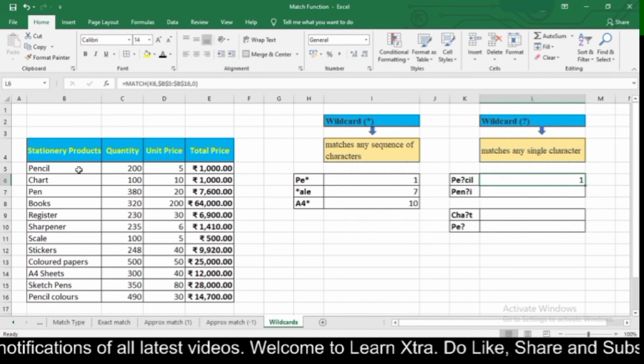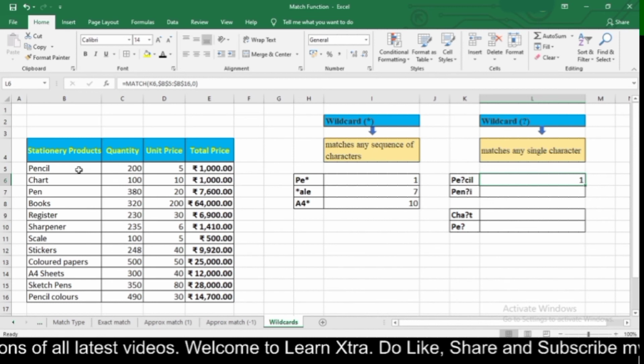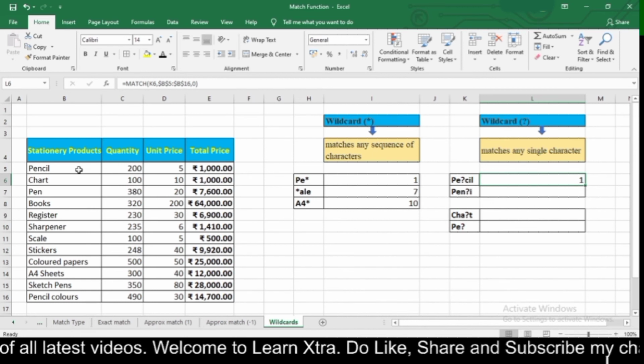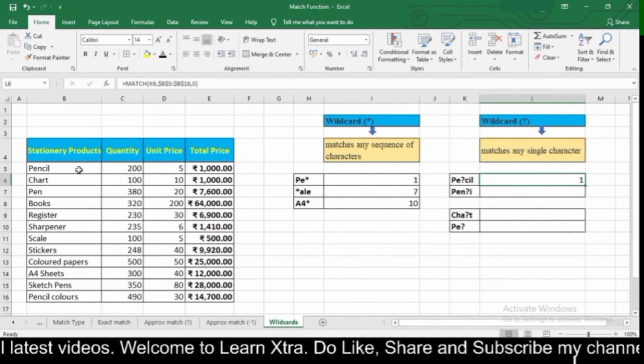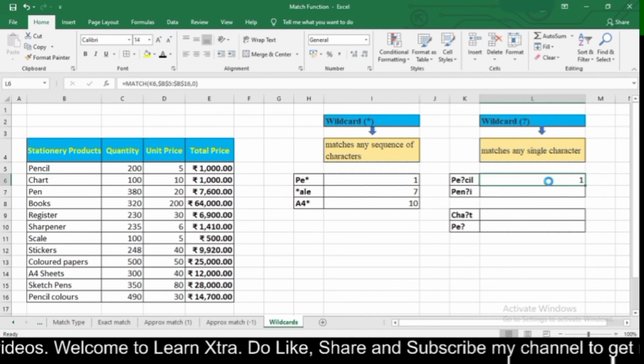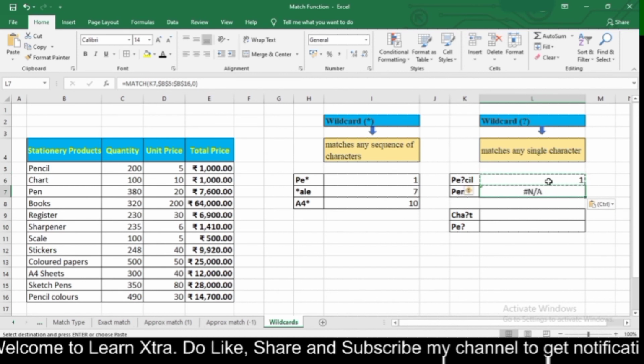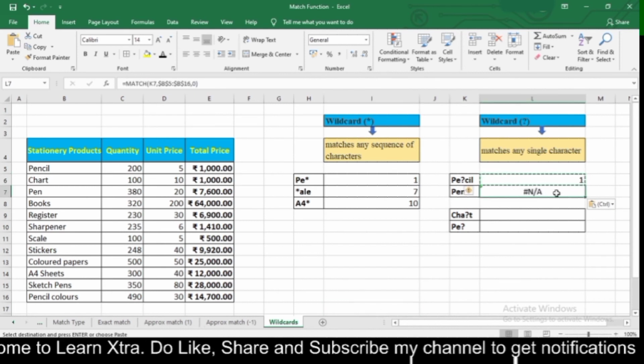So here I got my answer as 1 because the text which starts with PE and ends with CIL, and there is one alphabet between, is pencil only. And then copy it and paste it. So here I didn't get my answer.